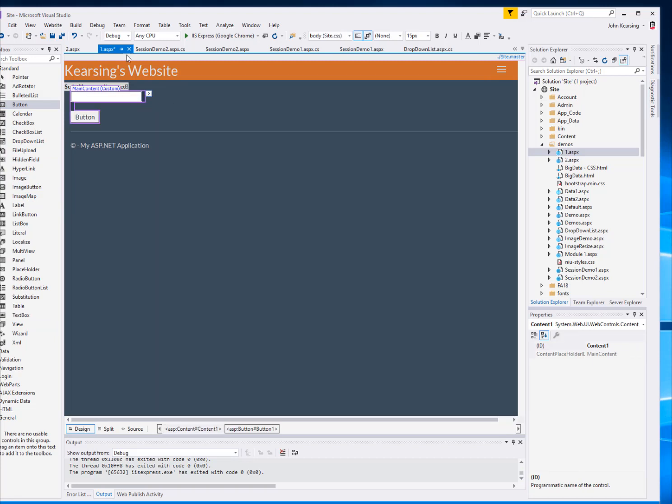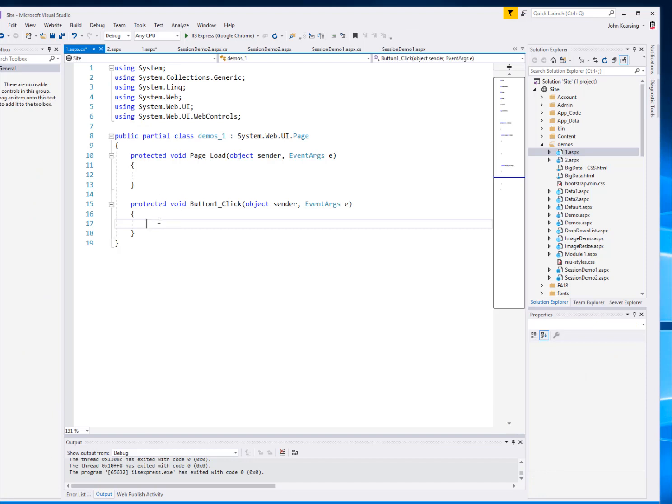And what I want to happen when the user pushes this button, I want whatever is listed in this text box to be set to a session variable in the application, and I want the page to be rerouted to another page. And when the other page loads up, I want it to read that session variable and display that to the user. So to get to the event handler for the button, I will click on the button,